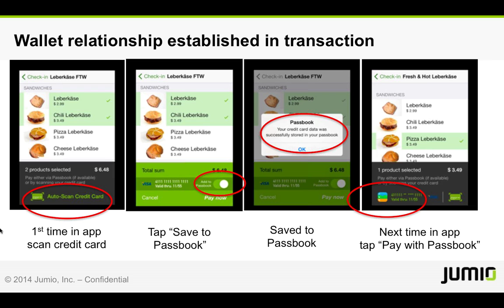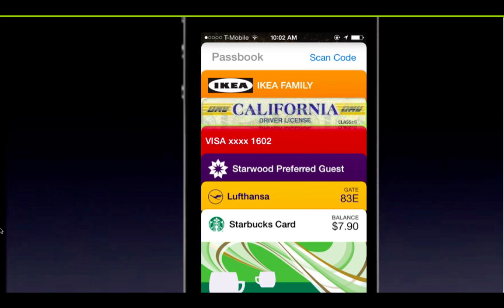All they're going to do is port their data back into their transaction from Passbook. So this is a great way to equip one-touch commerce and to speed up the transactional processes. So this is what Passbook should probably look like. Mine, sadly, is just full of airplane boarding cards and coffee shop loyalty cards, but this is how Passbook